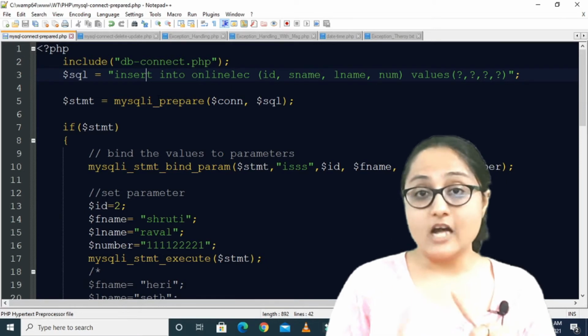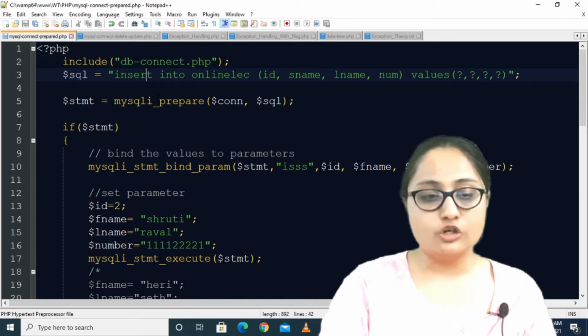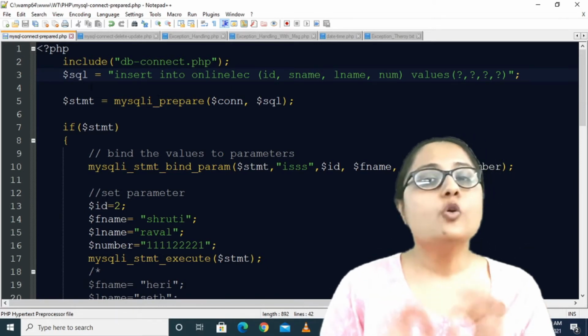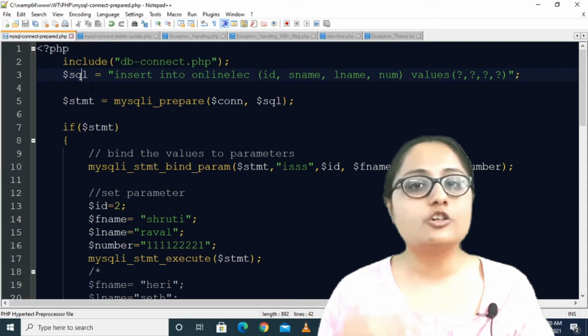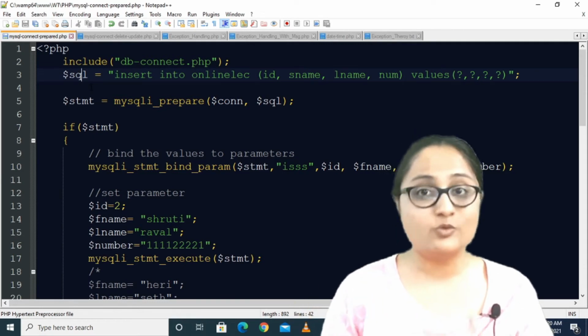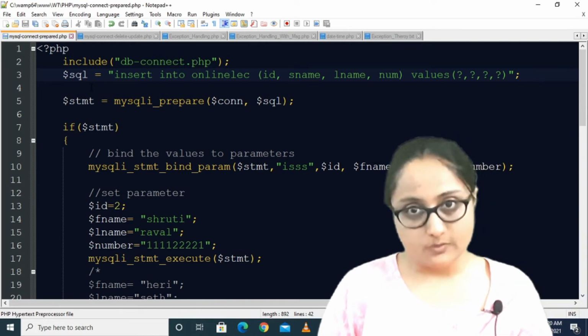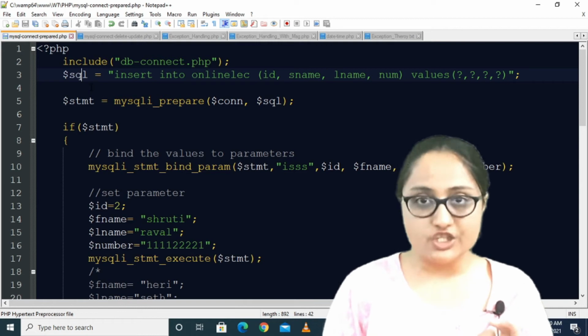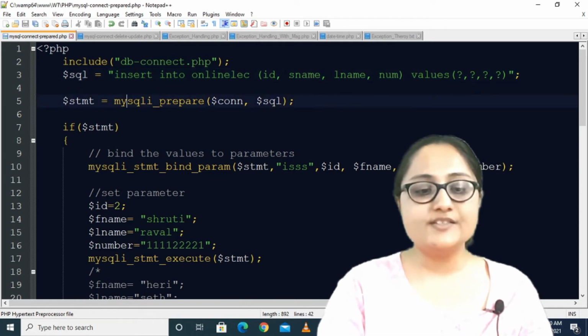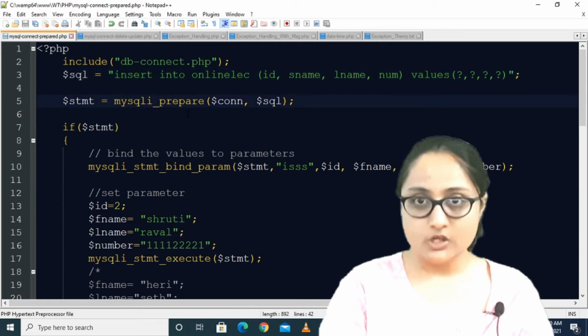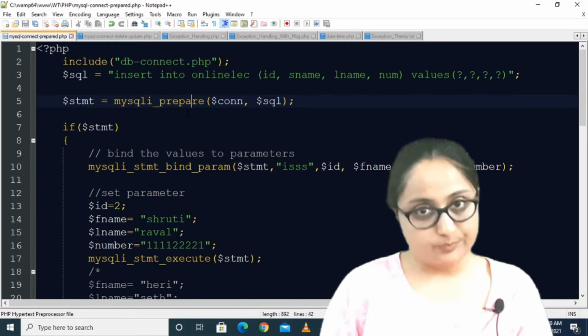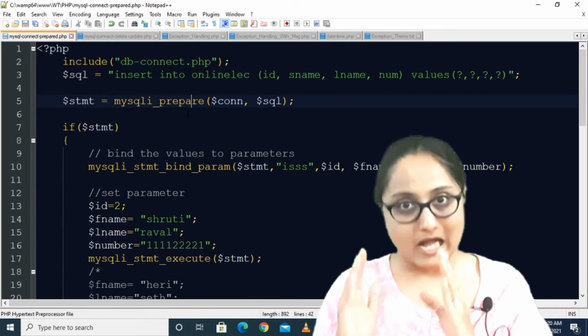This query is now stored in a variable called $sql, and you know that only writing a query does not do anything in PHP. You have to execute it using a function. For a prepared statement, the function we use is mysqli_prepare.